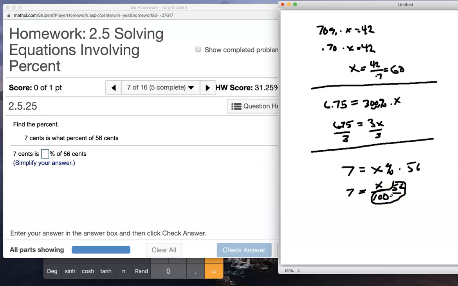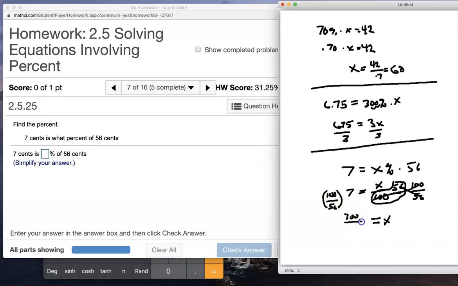Now, do you remember what you need to do when you have a variable multiplied by a fraction? Yep, you're right. You multiply both sides by the reciprocal of that fraction. Whatever you do on one side, you do on the other. And these fractions cancel out. You're left with the x. x is 7 times 100, or 700,